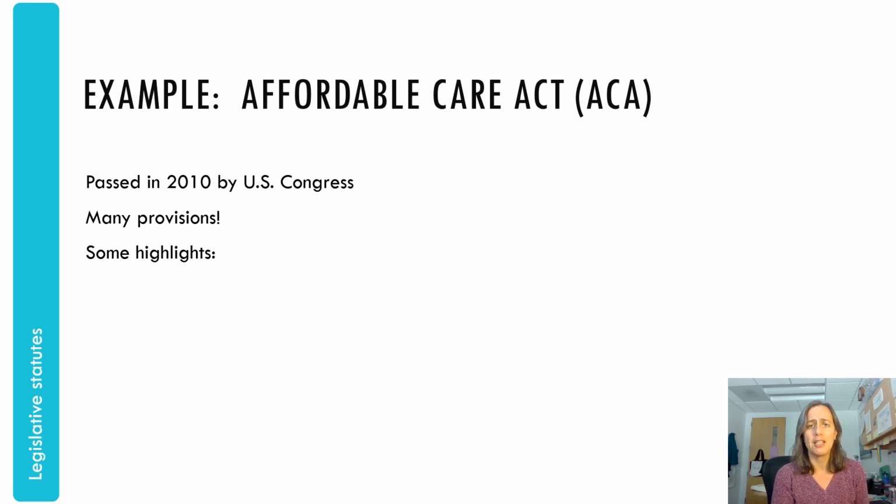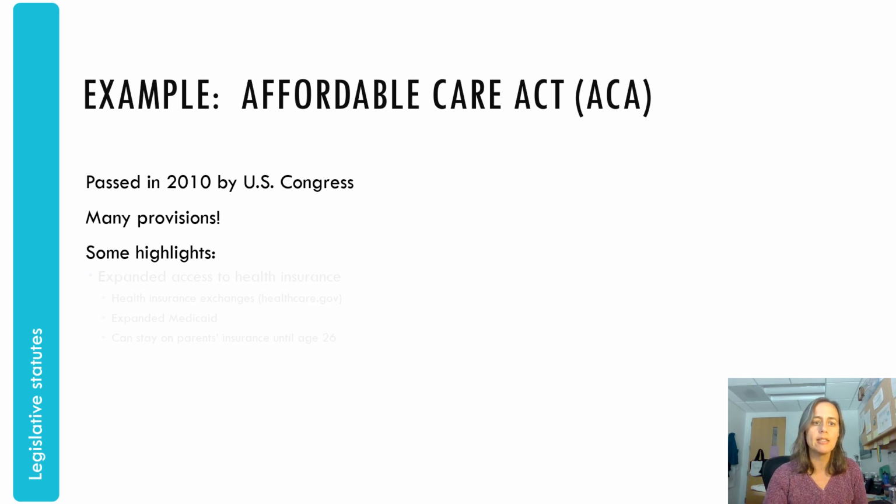So one of the things that the president of our country can do is help bring attention to things and kind of set what their priorities are. But it's Congress who passes them, right? And so this was passed in 2010 by both houses of Congress. There are tons of provisions in it. It's like 900 pages long, but some really important things that I want to make sure you know about